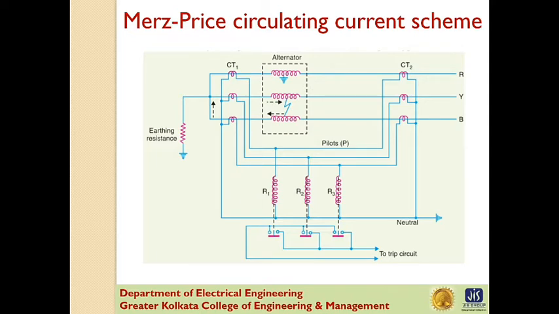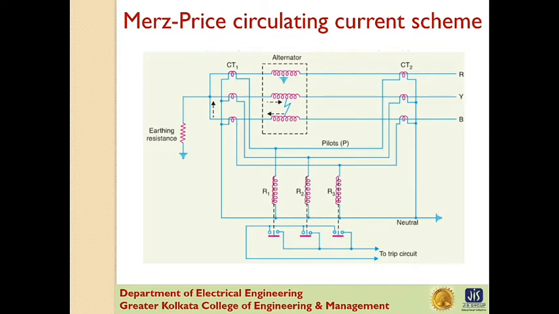Now it is prevailing practice to mount current transformer CT1 in the neutral connection and current transformer CT2 in the switchgear equipment. In some cases, the alternator is located at a considerable distance from the switchgear, as the relays are located close to the circuit breaker. Therefore, it is convenient to connect the relay coils to the actual physical midpoints of the pilot wire.